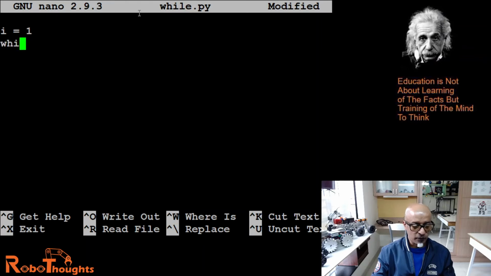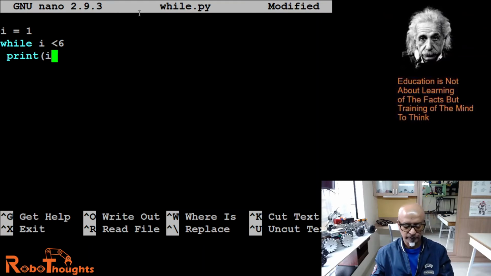Okay, and then while, the keyword while, can you see the color changes in the IDE? while i is less than 6, indentation, print i. Okay, so this is going to print 1 2 3 4 5 and stop. But